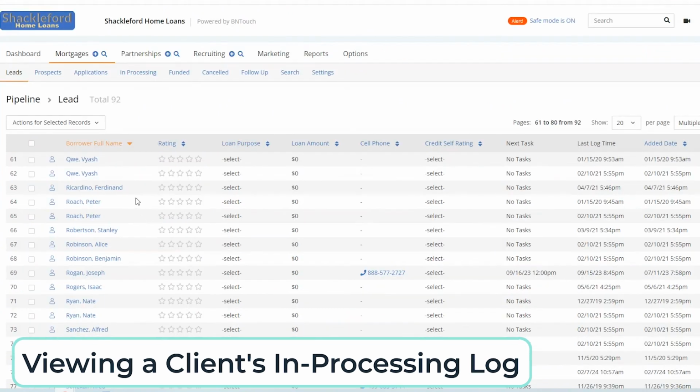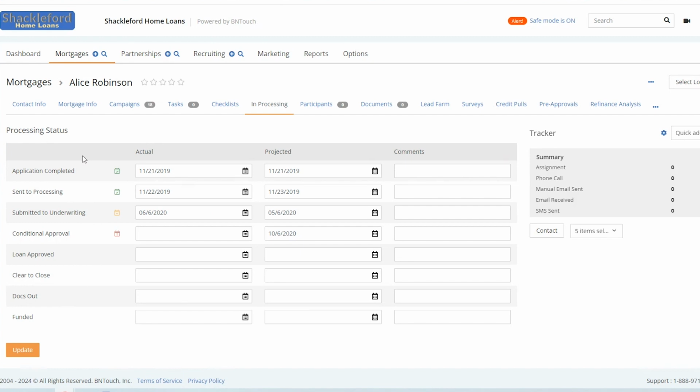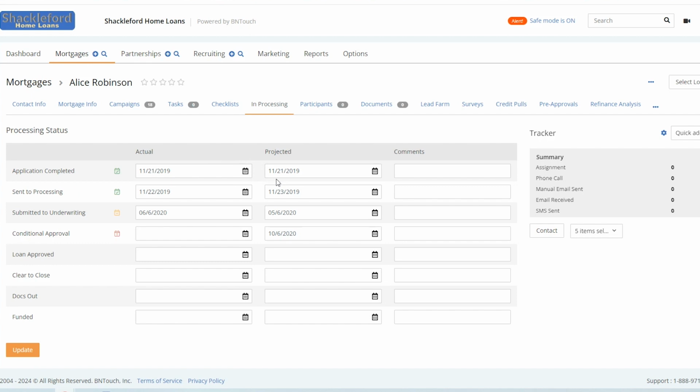In the Mortgages tab, you can open any client's record by clicking their blue name link. The In Processing sub-tab is used to track the dates of each milestone the borrower reaches in the loan process. For each step, from completing their loan application to successfully funding their loan, you can note the date the borrower is projected to meet that goal, when they actually complete it, and any notes for you and your coworkers regarding their mortgage process. Dates can be modified manually here by clicking in any of the date fields and selecting a